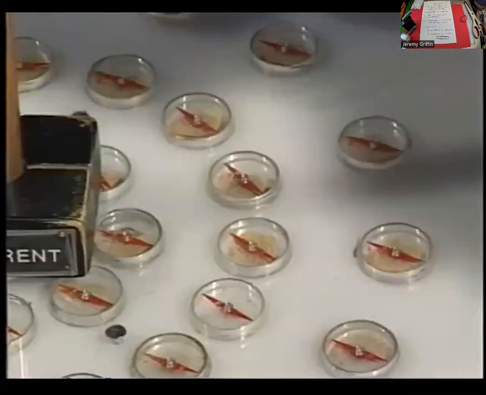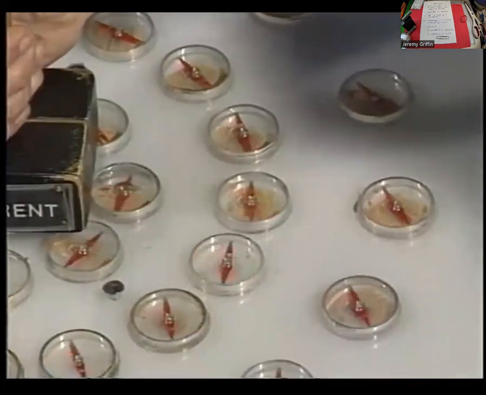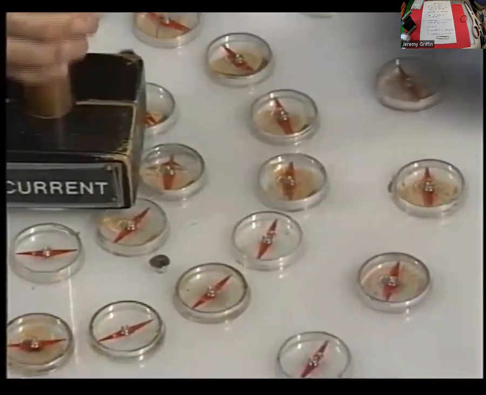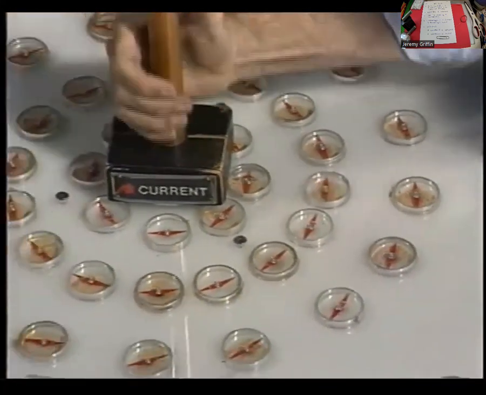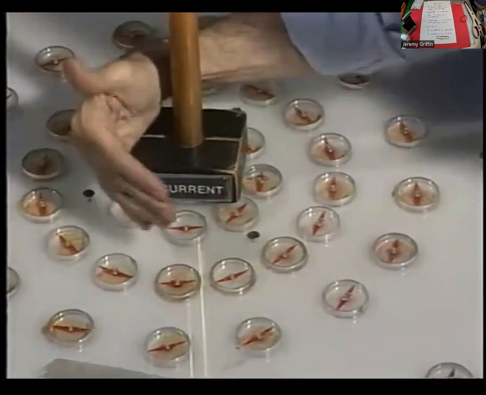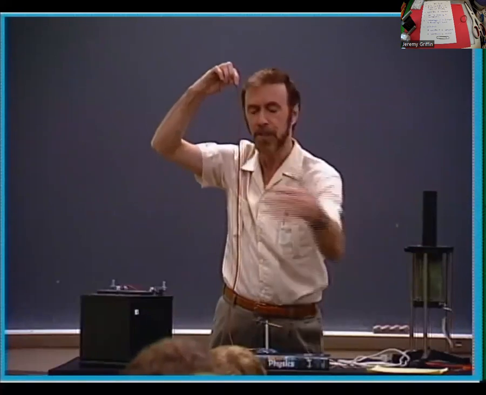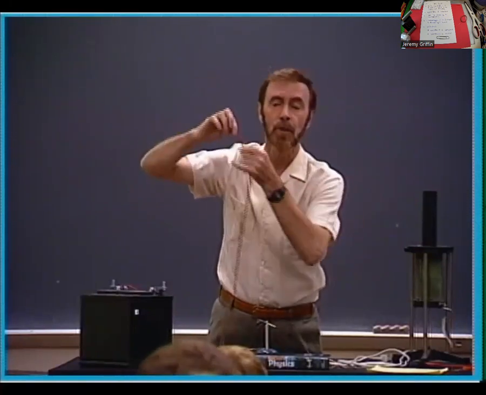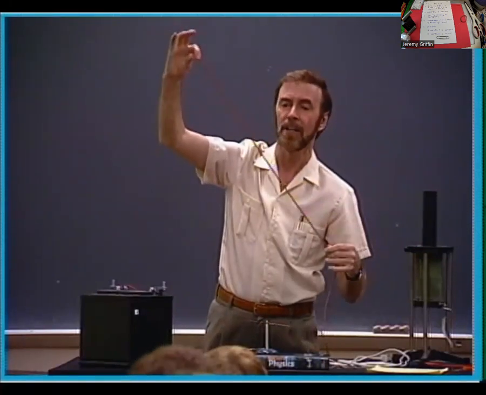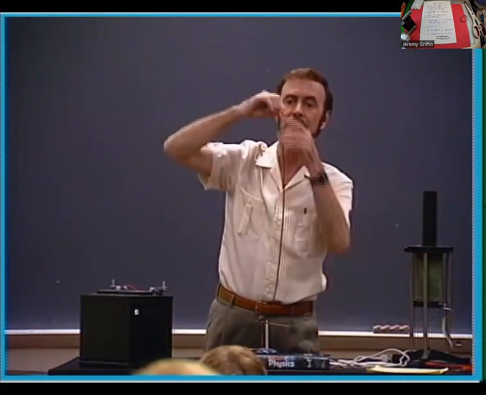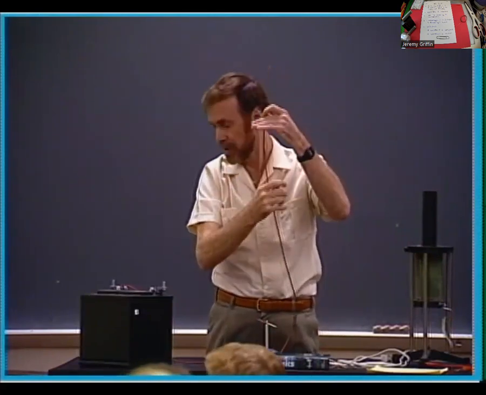But you know what would happen if I put a current through that wire? All the compasses will line up with the field. That field takes the shape of concentric circles about the wire. The further away you get, the weaker they get, but the direction is all that way. So surrounding every current carrying wire is a magnetic field that takes the direction of the concentric circles.